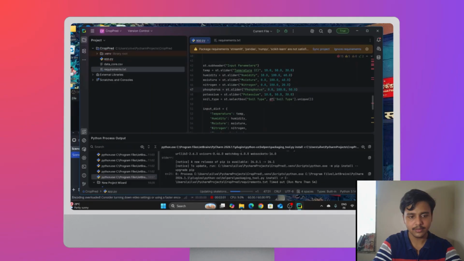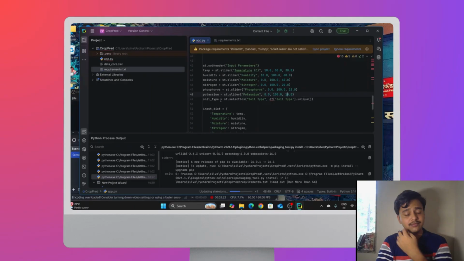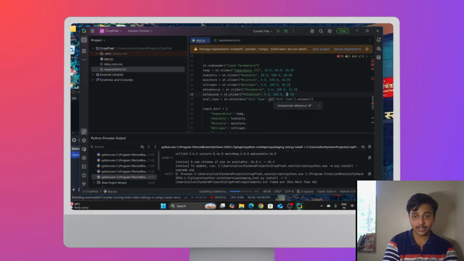For potassium, this should be starting from 0 as well, and it should go up to 100. Here let's say 10. Okay, then we will write about the soil type. For soil type, we will be adding a select box, so it will give us a drop down box in which we provide the soil type, and it should be unique.